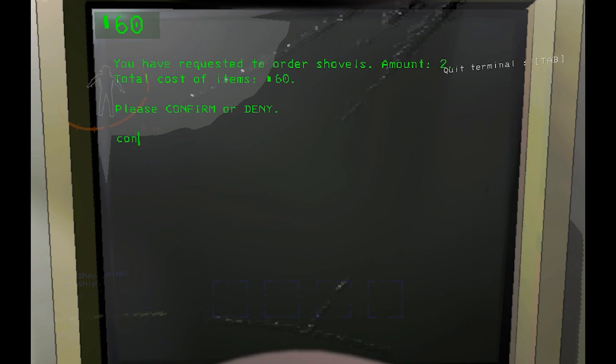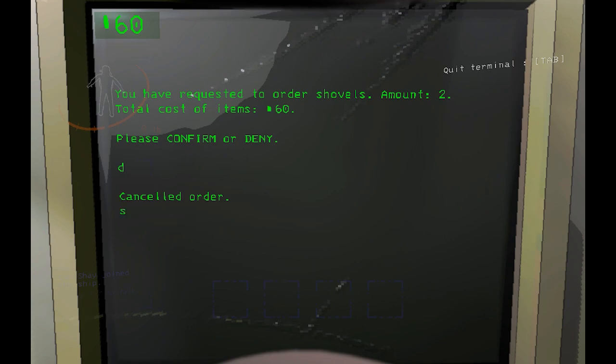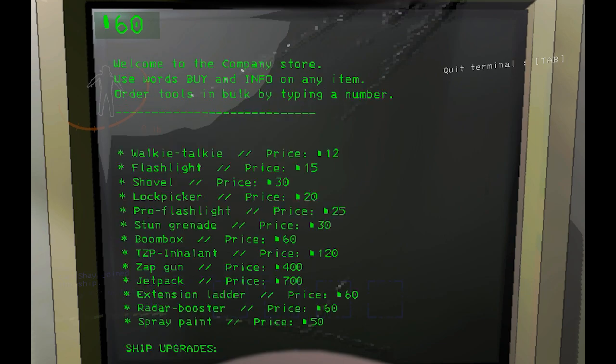To confirm my purchase, I can just type confirm, or just C, and if I change my mind, I can type deny, or D. So let's deny for now, and go back to the store by typing store, and let's